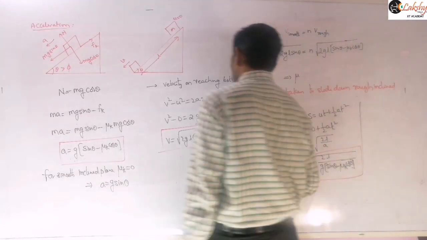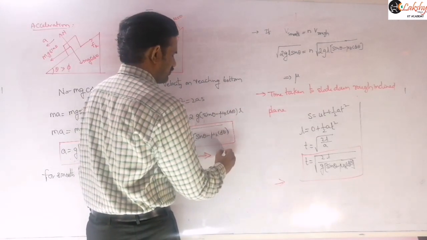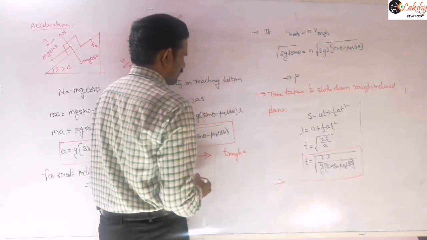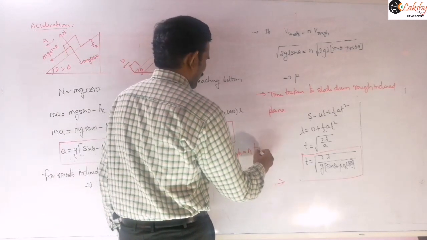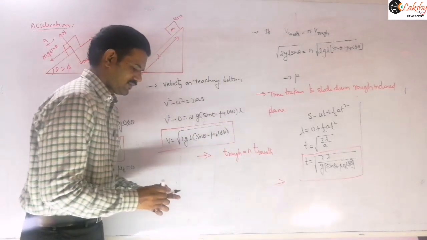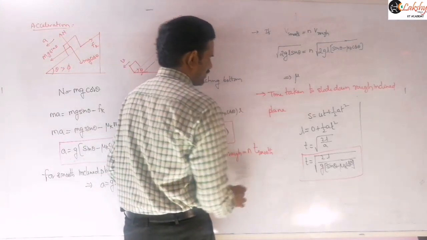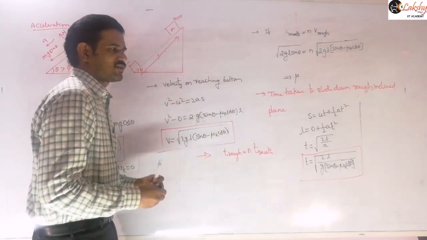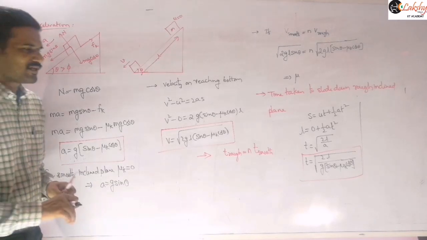And here just mention the condition: if the time taken to slide down the rough inclined plane is n times the time taken to slide down the smooth inclined plane, then the coefficient of friction between the block and the rough inclined plane is given by...